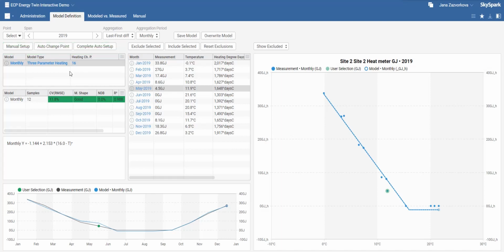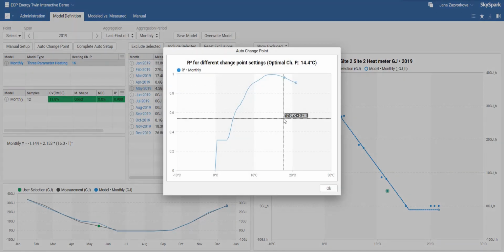Suppose you don't want to tune your models manually. In that case, you can also try auto change point setup, which evaluates all the variants of the change point and chooses the optimal one. Our initial estimate of 16 degrees Celsius wasn't so far-fetched, since in this case, the optimal heating change point is